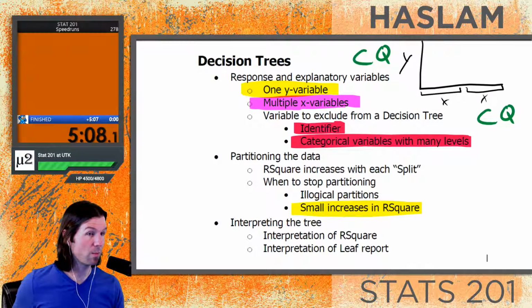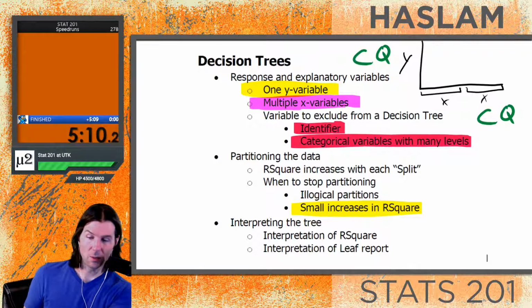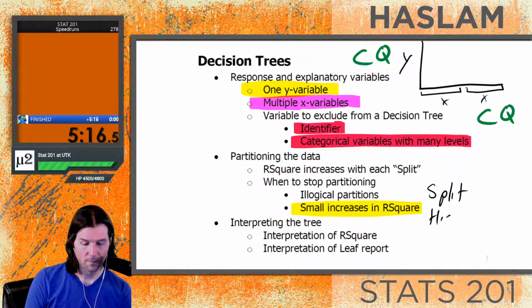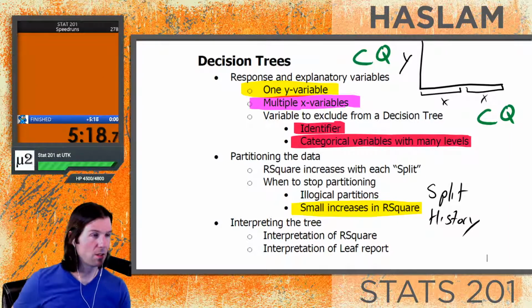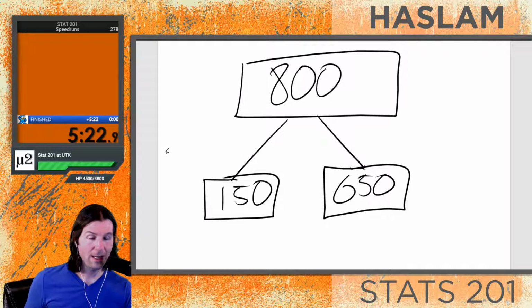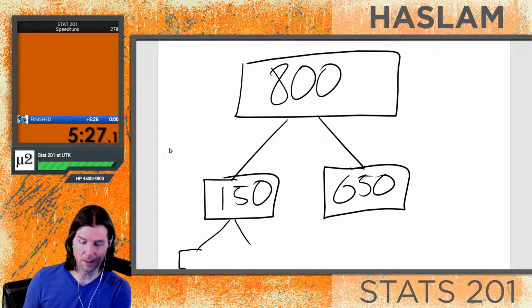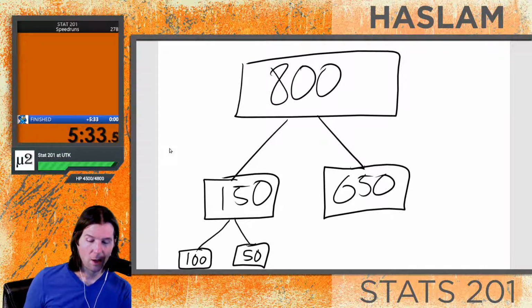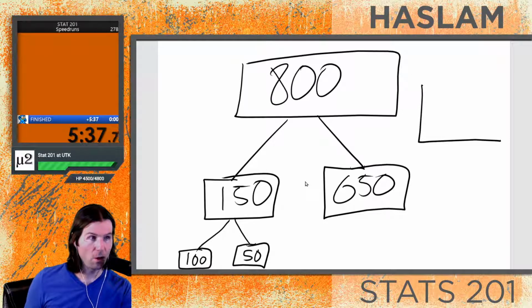Now, what do I mean by a smaller split in R squared? This is where we're looking at the split history. The split history is going to show us the history of the R squared. As we make more and more splits, as we go into more and more groups of people, like this 150 might be split apart into other groups on another X variable, maybe 100 go over here and 50 go over here, what we would notice is that the R squared would go up each